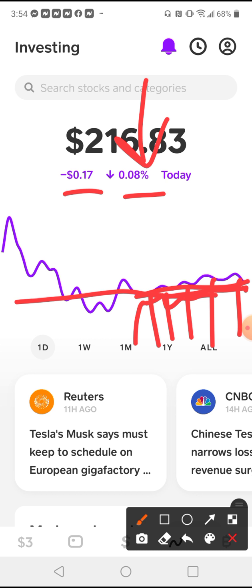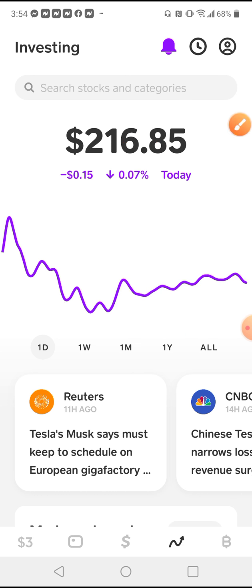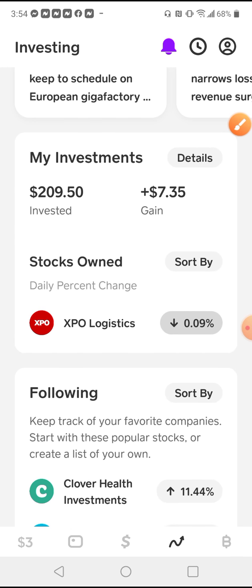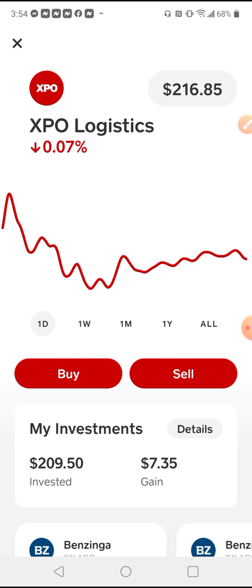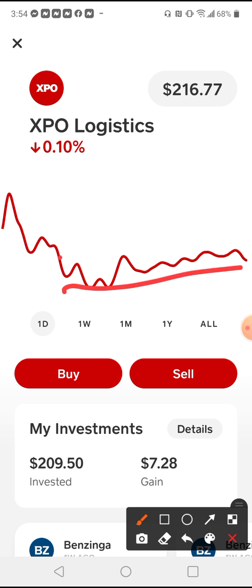Now you see, it came down over here, but only came down a little tiny bit. It came back up, and then it came back down. So right here we have what they call consolidation. All right, we know that right off the bat. That's not even the stock I'm looking at, because I have one stock. We're using that. But let's go to the actual stock, which is ticker symbol XPO. So with ticker symbol XPO, as you can see right now, it is in what we call the consolidation phase.